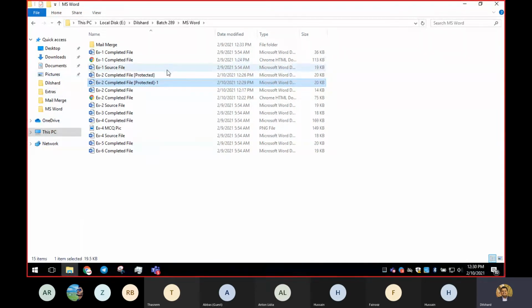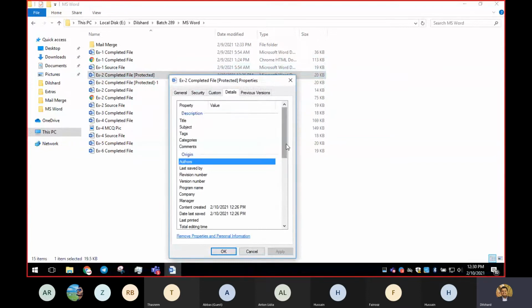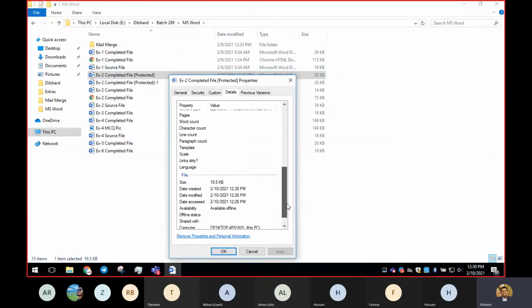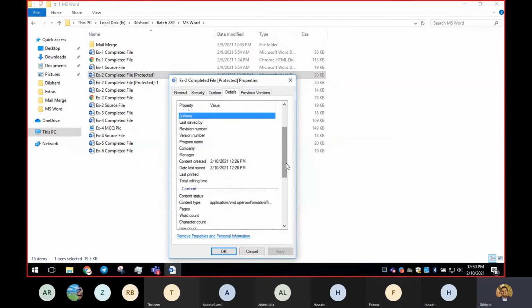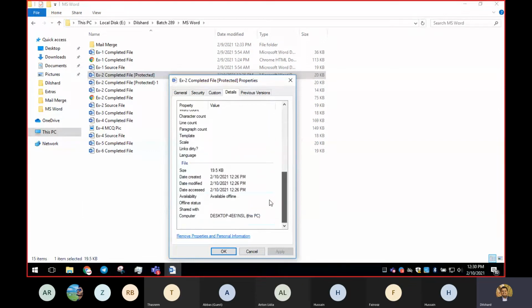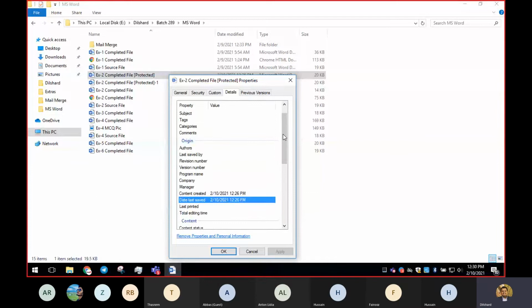Here, if you go to the properties of this, we can see details, and you can see the originally created time, right? And this will be changed. Whatever data that you can see in the properties will be changed if you save as, right?